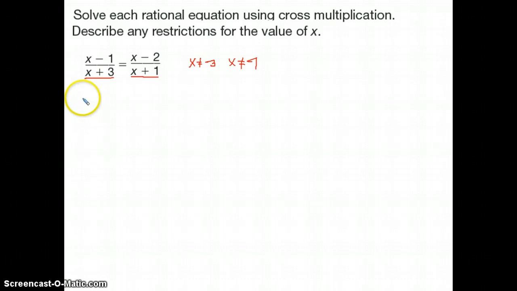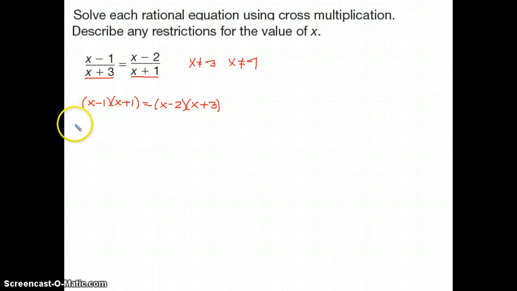So as I'm solving, again in cross multiplication, I have this upper one of x minus 1, and it's going to be multiplied by x plus 1. And then we cross multiply the other way, so my numerator on the right was x minus 2, and I'm going to multiply that times x plus 3. So we cross multiplied. Then the step that some of us just needed to remember was we need